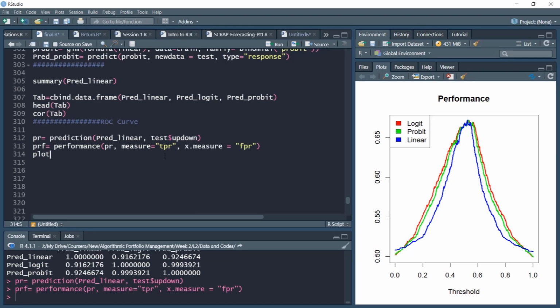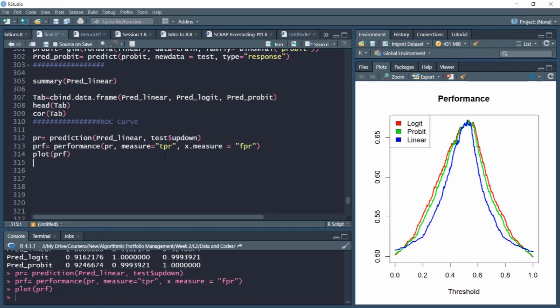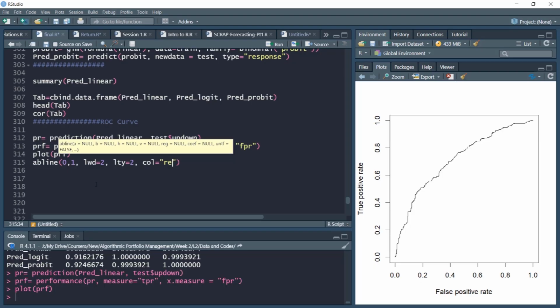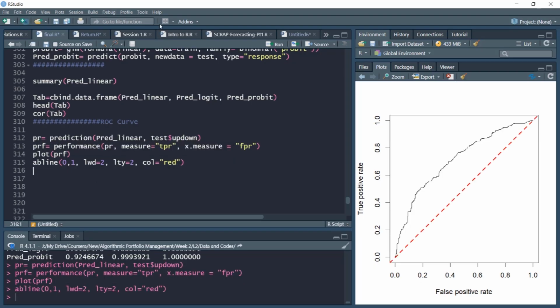We can plot this performance object very well. So we can plot it as we can see here. Along with that, we can also draw the 50% area line as we did earlier. So this is very simple using abline command 0, 1, line width of 2, maybe line type of 2. We can give it a color of maybe red, and this is the line.